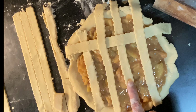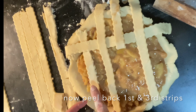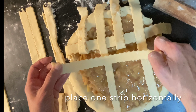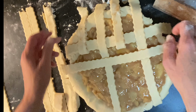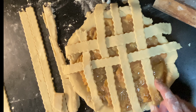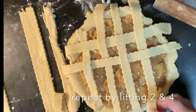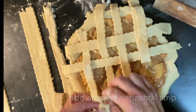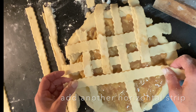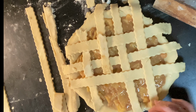And then we're going to lift up the opposite. So we're going to peel back the 1st and the 3rd vertical strips, add another horizontal, replace them, and then we simply repeat the process. So we're going to lift up 2 and 4, add another horizontal strip, replace them, and lastly,